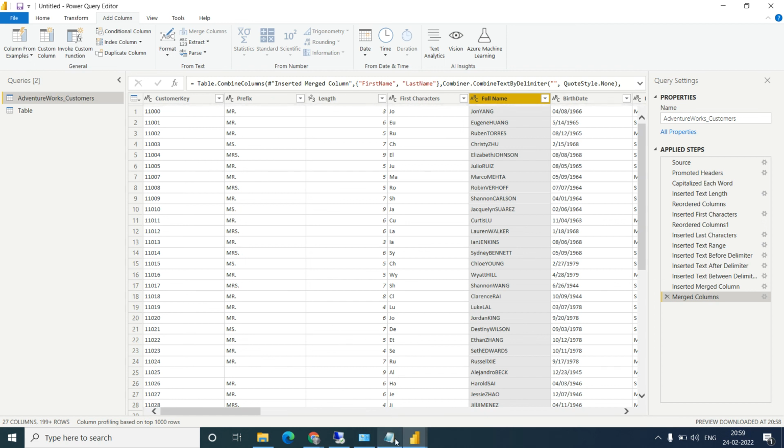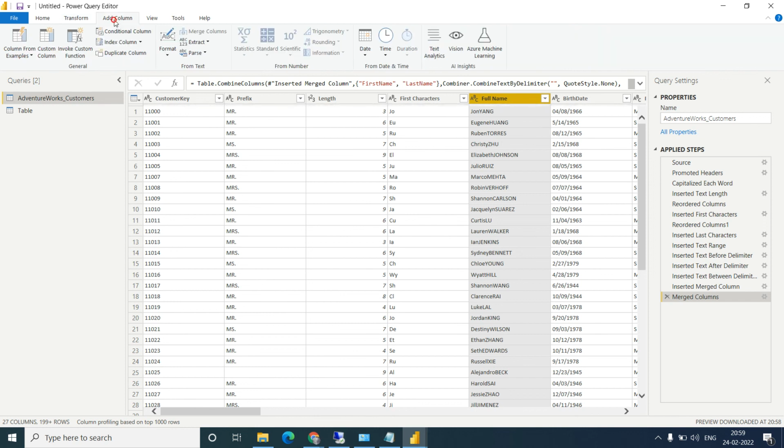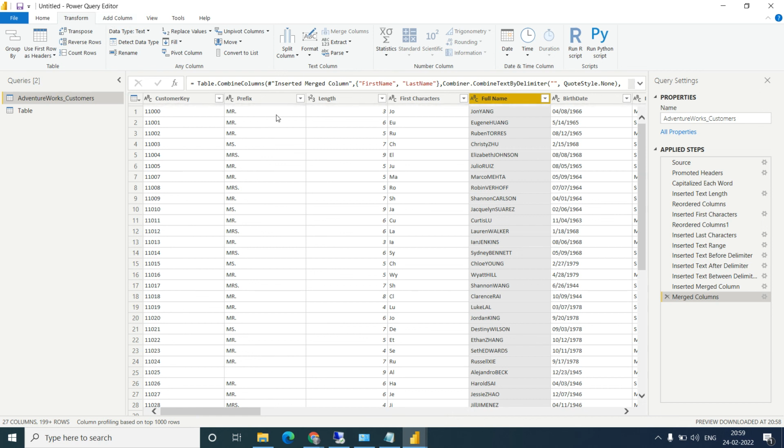Yes. Okay, so these are the functions we have seen. Till now we have seen the format function, extract function, parse function. Please go through each and every one: how to do it in the transform, how to do it in the add column, and what is the difference between doing it in the transform and in the add column. Please try to do it at home. If you don't practice, it will not be of any benefit, because at the end of the day you will have nothing.